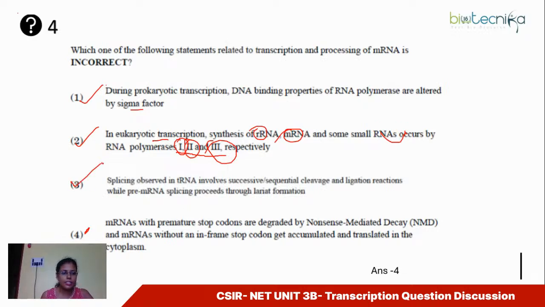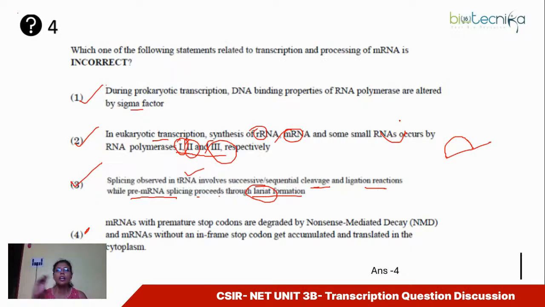In the third case, splicing observed in tRNA involves successive sequential cleavage and ligation reactions, while pre-mRNA splicing proceeds through lariat formation. So this is obviously right. In case of pre-mRNA, I even showed you at the start of this session in the first question that you are forming a lariat when you're splicing your mRNA, when you're splicing out the introns. So definitely your pre-mRNA splicing proceeds through lariat formation,